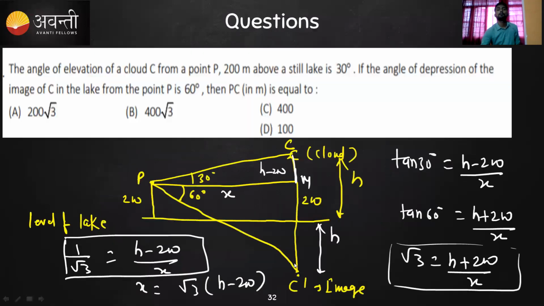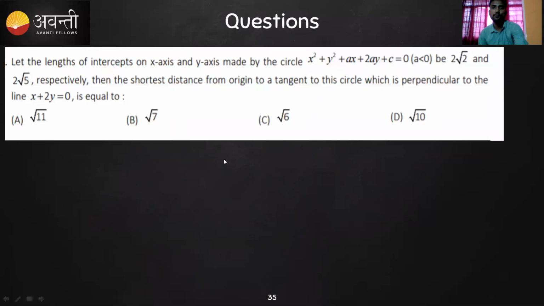Okay, so you have h, you have x. You can apply any of the trigonometric ratios, whether it is sine, cos, anyone. But you have to just include this PC part. If you take tan, you won't get this PC, because hypotenuse is not in tan. So I hope it is clear to all of you guys. So we will move to the next question.